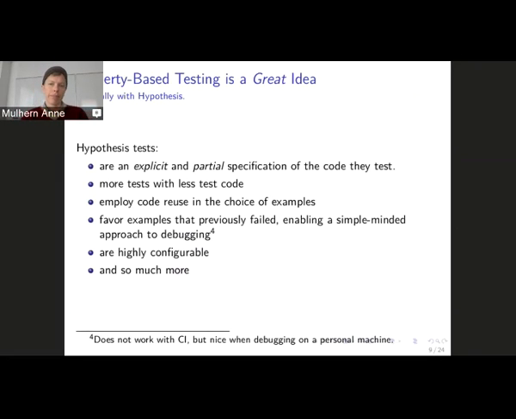That's really great. So also, you use somebody else's code, the hypothesis code, the strategies code, to choose your examples. And that's actually surprisingly good. You might think that that's not so good because, after all, you're wanting to think of examples that might break your code. But it turns out that often you know less about the possible examples that are available of that type than, for example, the hypothesis strategy does.